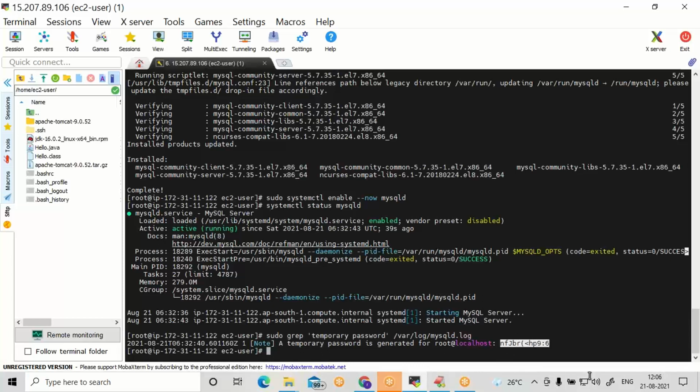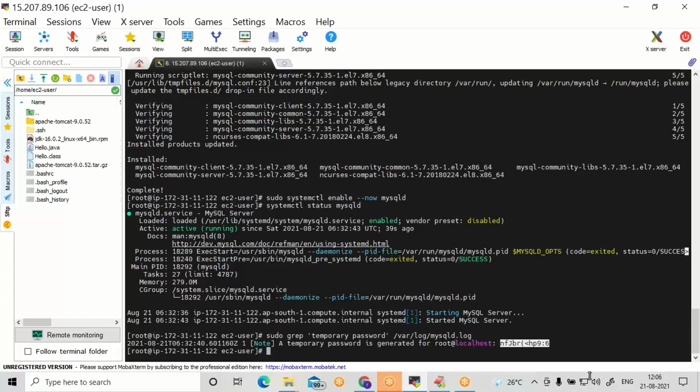Come on, guys. By using the grep command, we are able to read a particular portion of the file, reading one line inside a file. The grep command is a Linux based command.